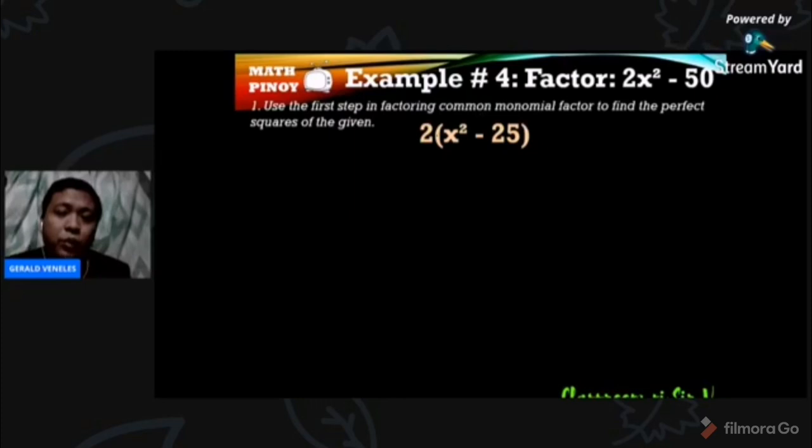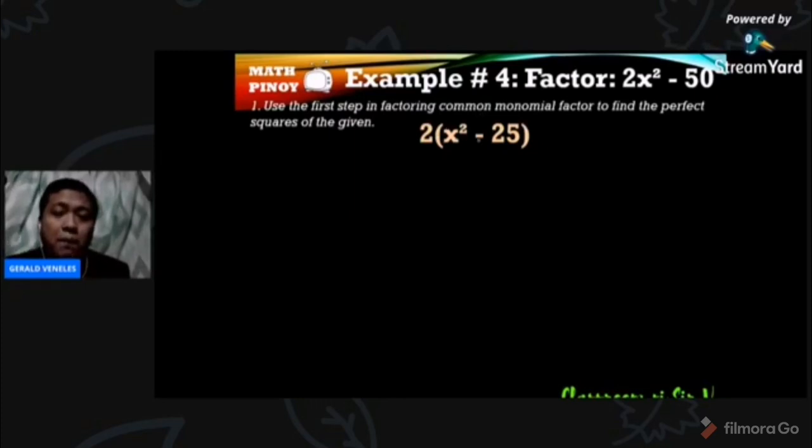Ayan. So tama, no? Find the GCF. My question is, ano kaya ang GCF ni 2x squared at 50? Tama. That is 2. So ibig sabihin, ito na yung factored form sa common monomial factor 2 times the quantity